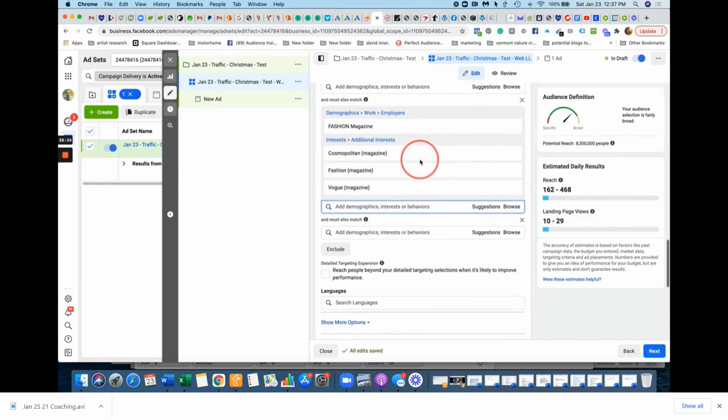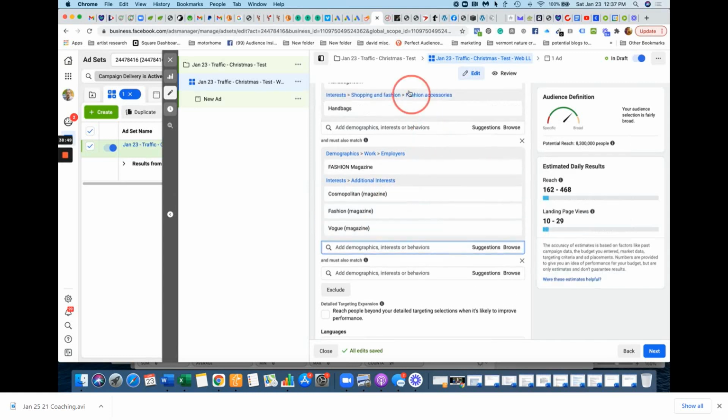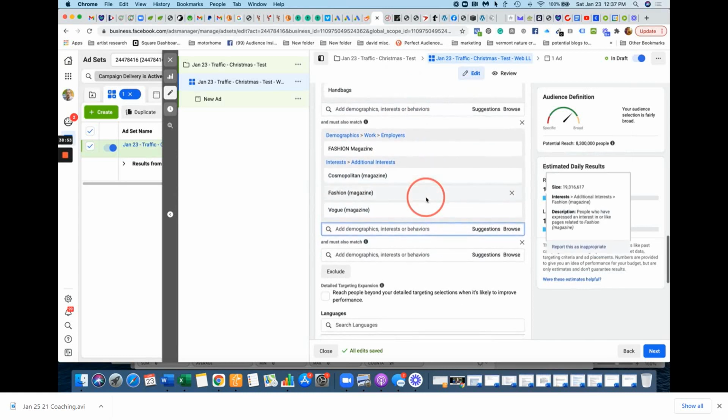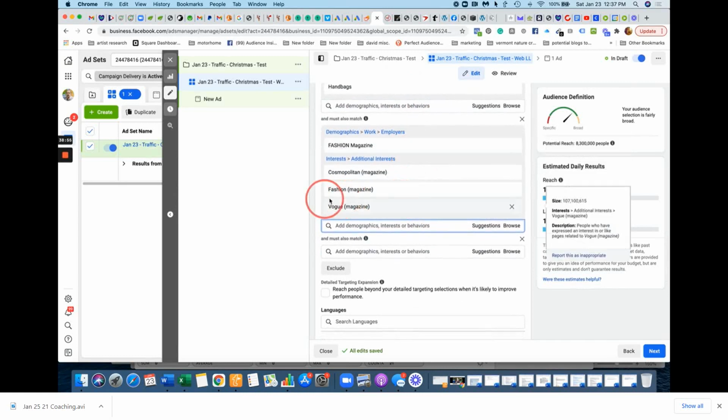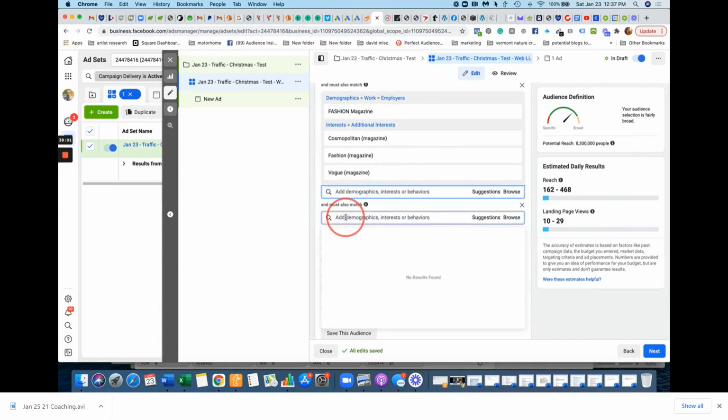And what I mean by that is, I'm not going to put anything that's out of this category in this category. So I would never put, like, any handbag interests, because I did all those up here. So each category has to be a like item in the category. Hopefully that makes sense. Now, must also match. So the very next thing we could do here is